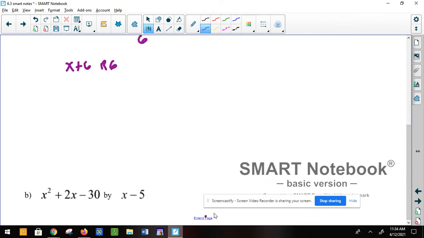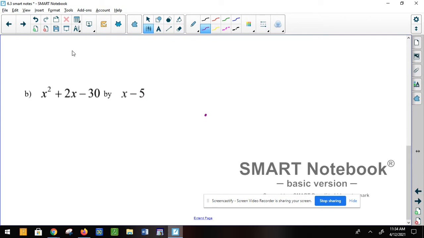Let's go over here and look at this one. Very similar setup. It's this divided by this. So the x minus 5 is the divisor, and x squared plus 2x minus 30 is the dividend. How many times does x go into x squared? It's x times. X times x is x squared. X times negative 5 is negative 5x. When you subtract,